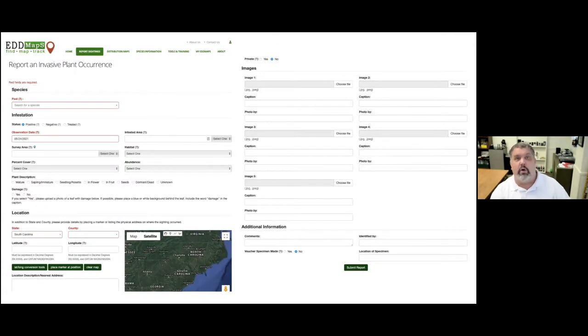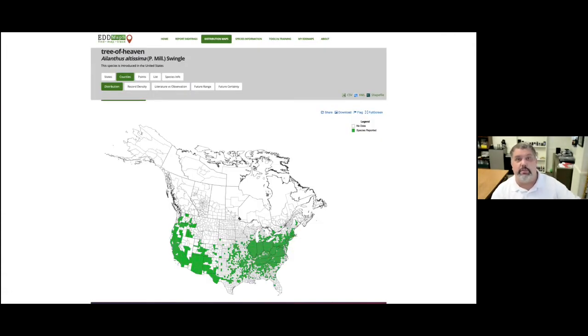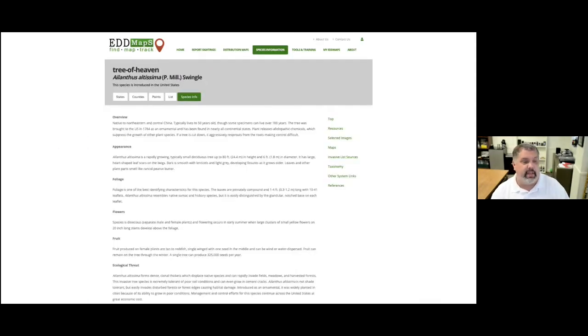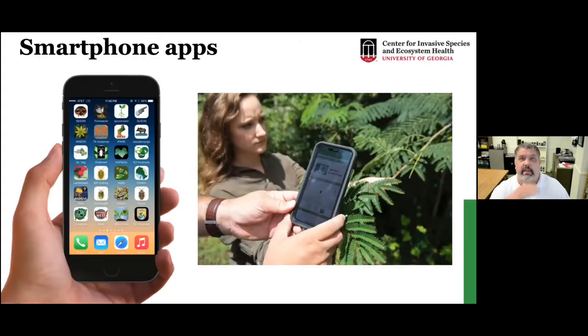where you can go on and report things through the website. And then those species are then mapped either at the jurisdictional county level or on a point map. You can dive in and find out more information about the species. And then, where we've really had a lot of success in terms of capturing data is using smartphone apps for